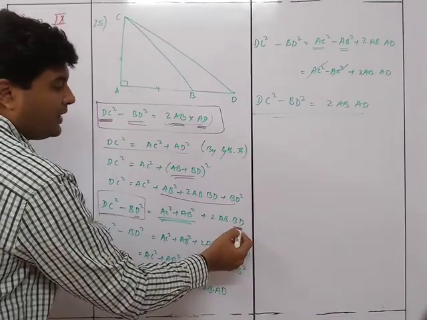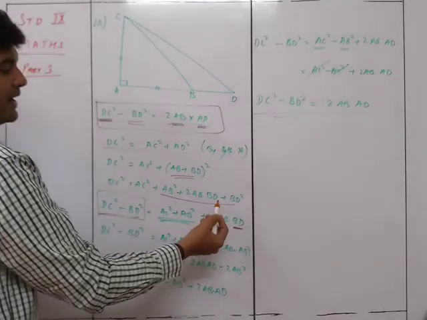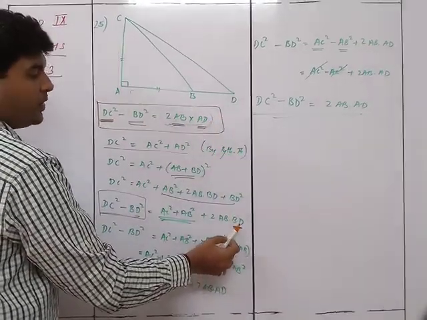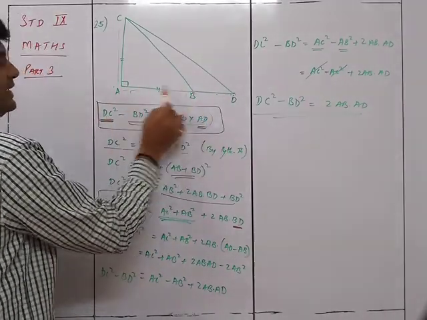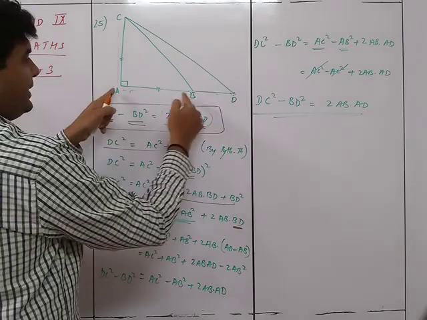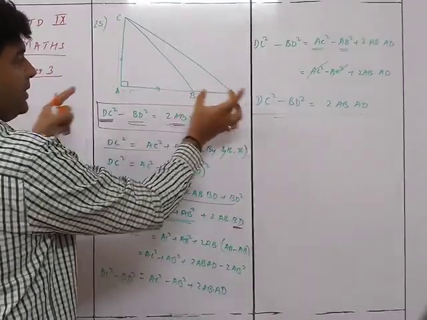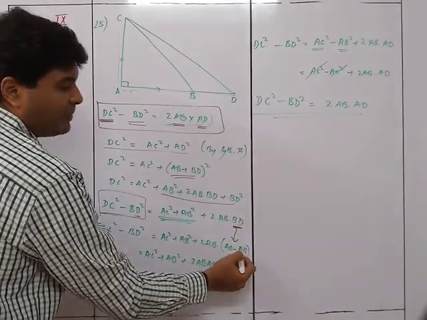So to convert BD into AD, what is BD? How can I convert it? I can write BD in terms of AD. In terms of AD, what will it be? BD is nothing but AD minus AB. ये minus ये will be ये. Okay? This AD minus AB will be BD. So that's why I get over here BD is nothing but AD minus AB.